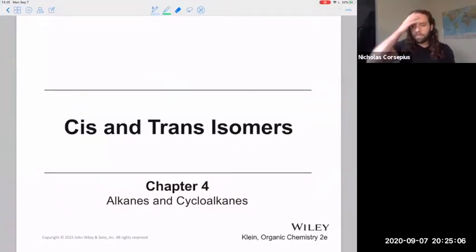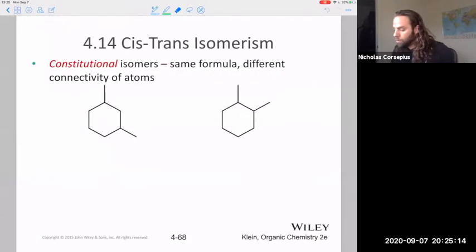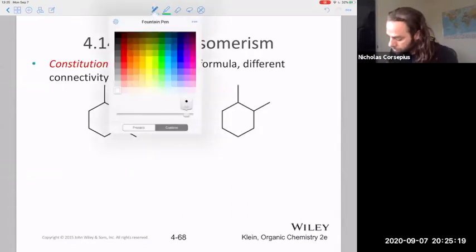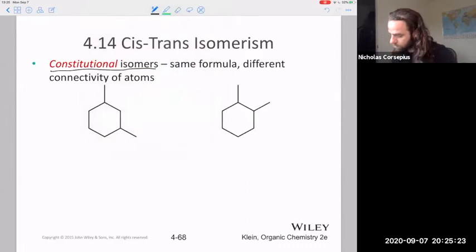All right, so we're going to end by talking about cis-trans isomers of cyclohexane or any cyclic compound for that matter. These are a different type of isomer. Remember, up until this point, we've just learned about what are called constitutional isomers, right? And those are molecules with the same formula but different connectivity of atoms. So one example would be